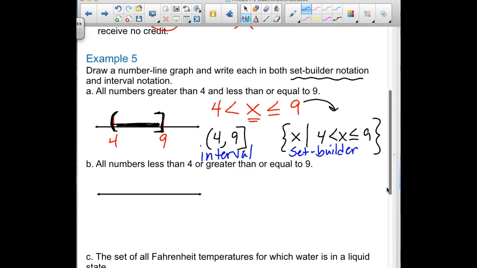Okay, second example. All numbers less than 4 or greater than or equal to 9. Okay, so let's think about that. We want numbers that are less than 4. On a number line, we would put 4 in, and we want numbers that are smaller than that. So we would have a rounded bracket, and we want to shade that section. Or they can be greater than or equal to 9. So now we can include 9, but we can also be greater than it. Okay, so a graph would look like that. In terms of our interval notation,